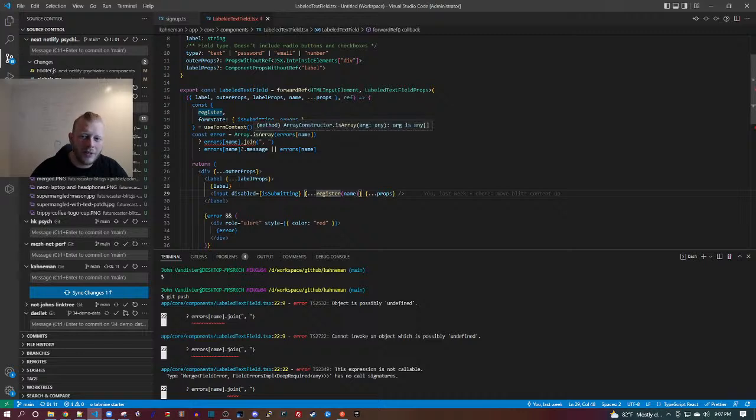Now it really should not be undefined because we already checked array is array, error's name. So it's definitely going to be an array. But we'll go ahead and be explicit with TypeScript. For some reason, TypeScript can't figure that out. As